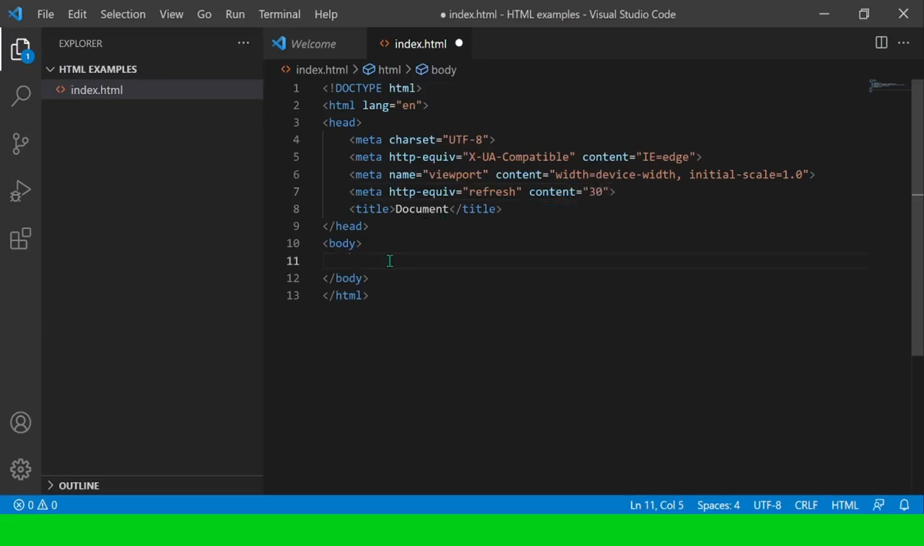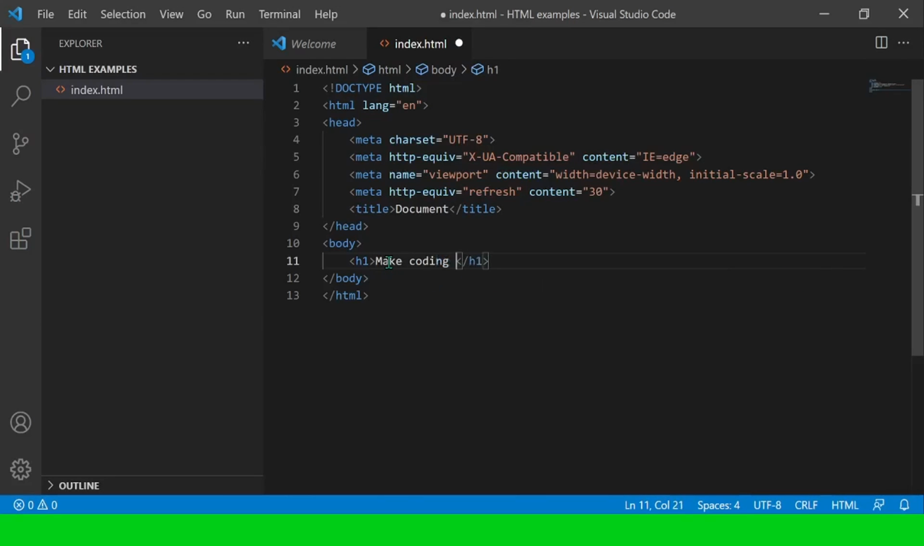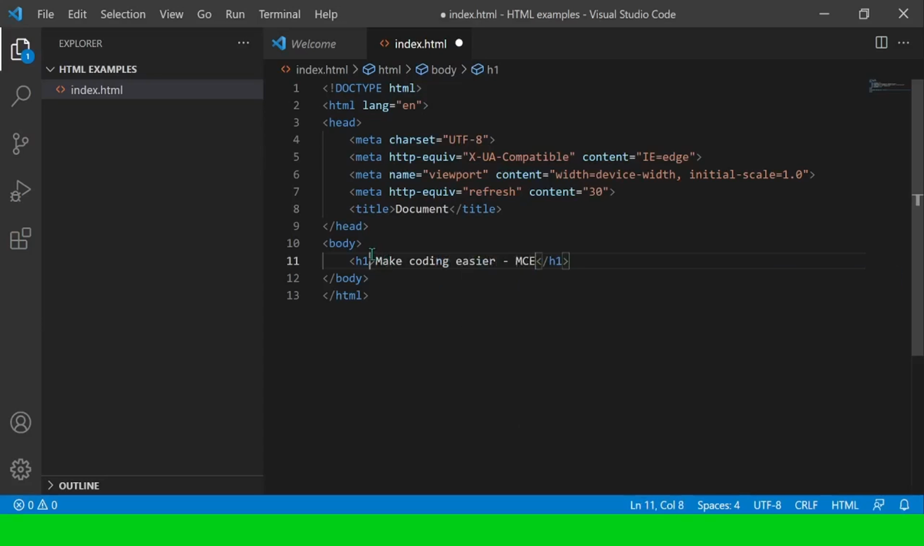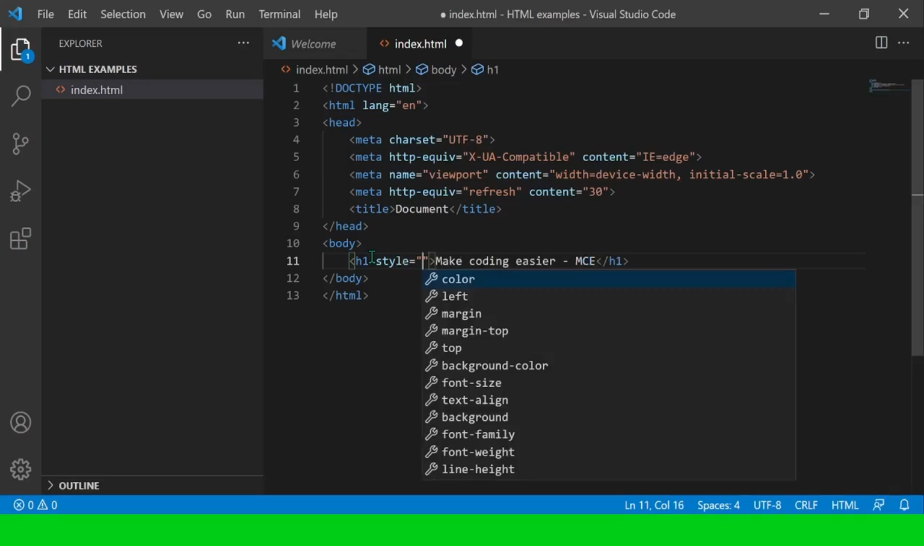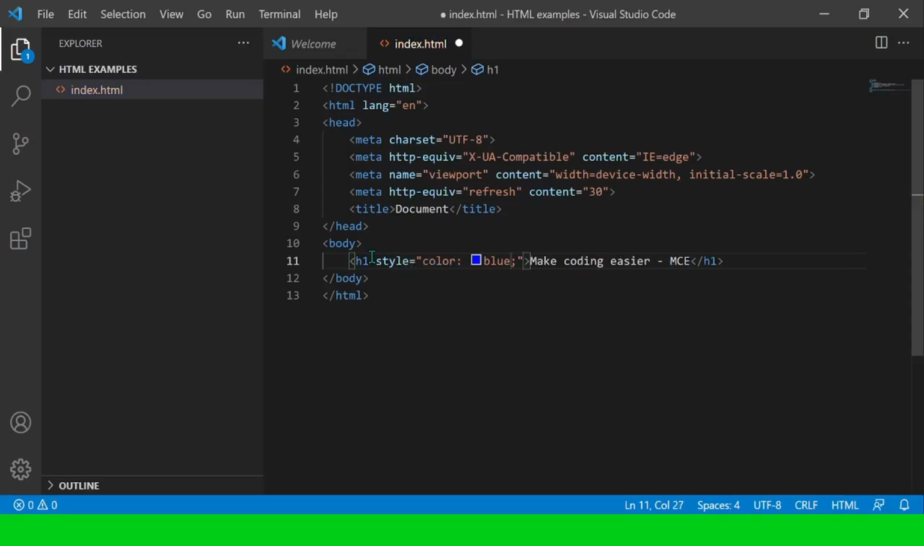Okay, we'll beautify our page a bit more this time. So I'll add the heading, first thing that should come on our page, Make Coding Easier, MCE, style, color, blue. Okay, so that means the color of this text should be blue,